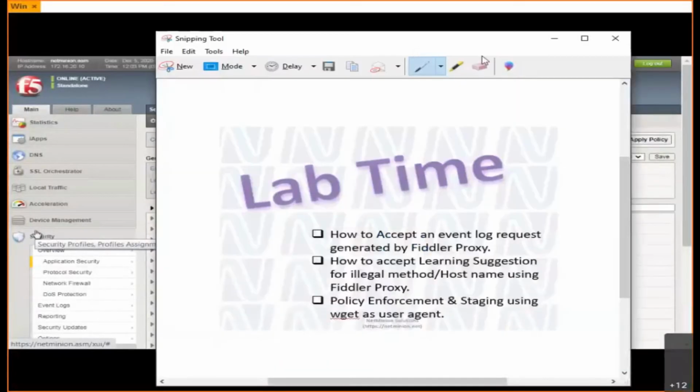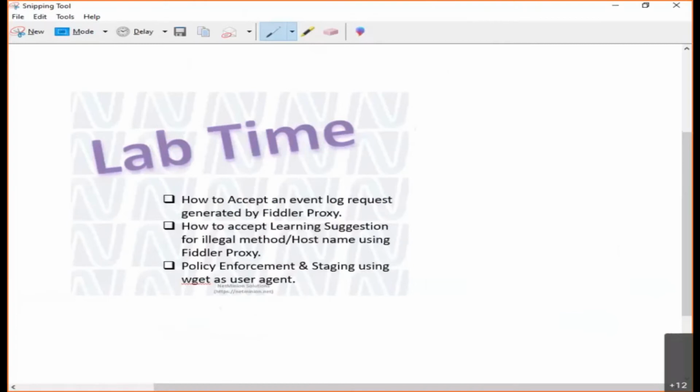The first lab task is how to accept an event log generated by Fiddler proxy. What we need to do is go to our Fiddler proxy, which we used in our earlier classes, and generate some requests through it. When we generate this request from Fiddler proxy, there should be an event log showing that the Fiddler tool is used as the user agent, which we will see in our class now.